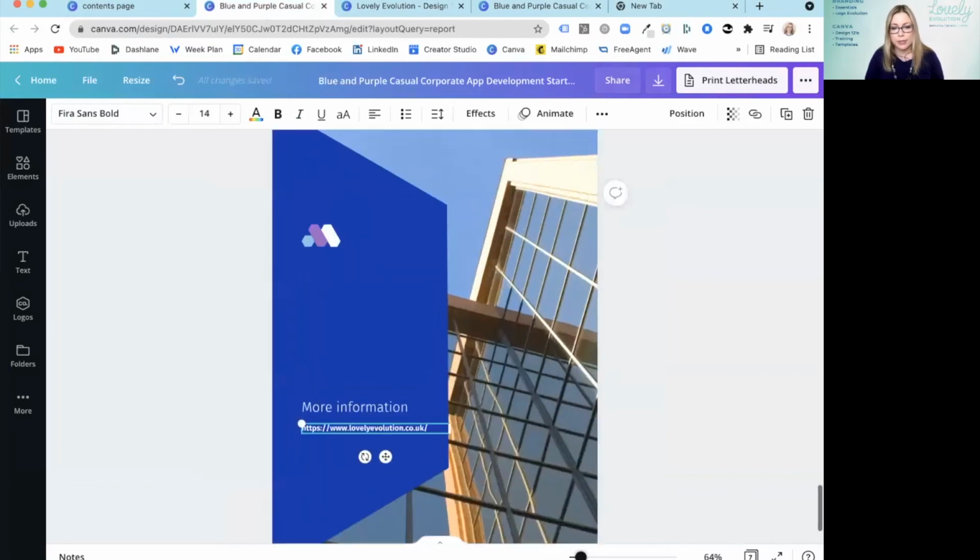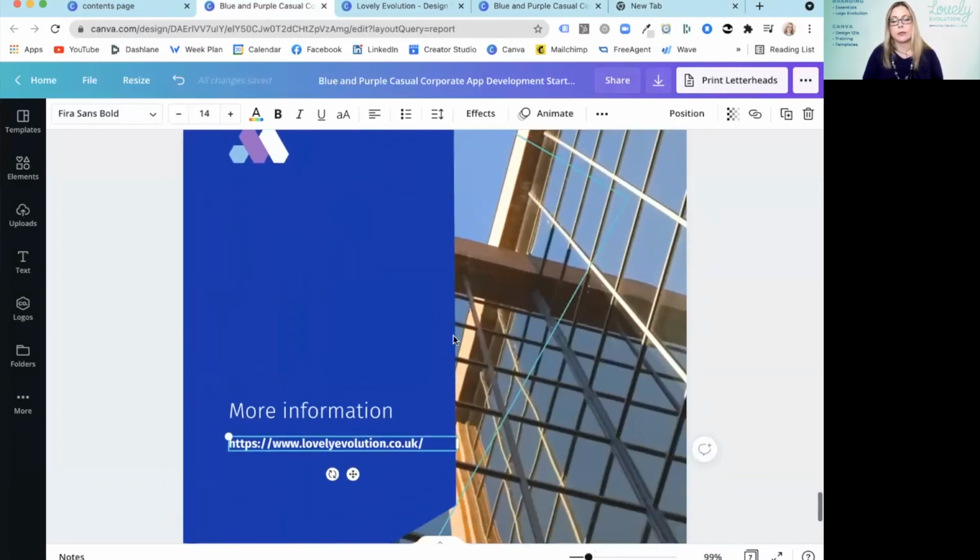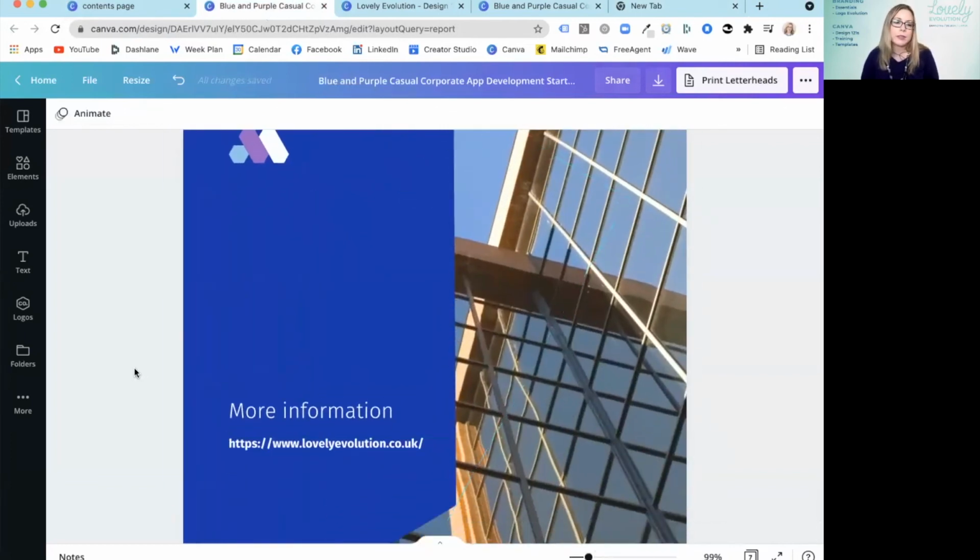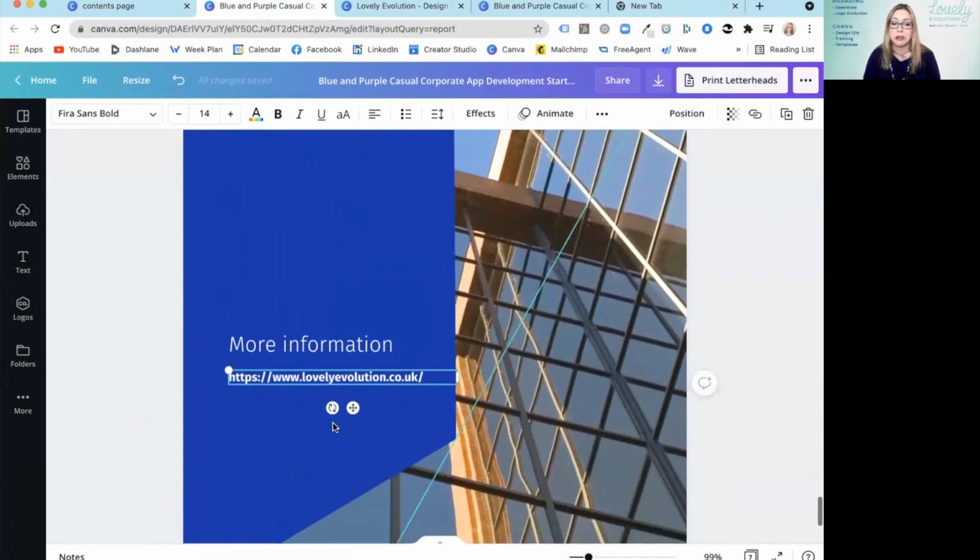So let's zoom in. Now, something else to note is that if you were downloading this as a PDF and you've got it viewing like this with the HTTPS and all the forward slashes there, you wouldn't need to make it a clickable link. But if you felt that it didn't look very nice,